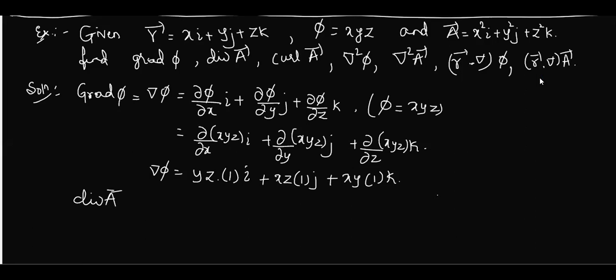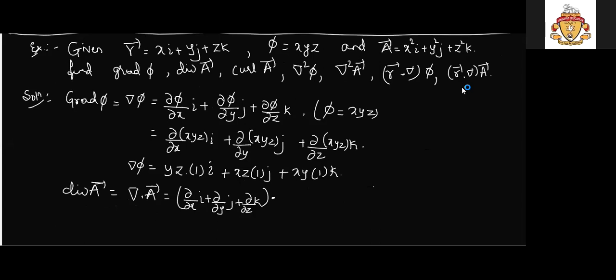Let us take now divergence of A. Now what does divergence mean? It is del dot A. So instead of writing the definition directly, because I should know what is A1, A2, A3 and all, better I'll take the dot product how we usually take. So it is nothing but del, which is dou by dou x i, dou by dou y j plus dou by dou z k, dotted with vector A.